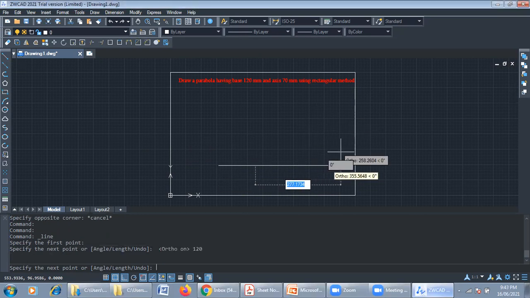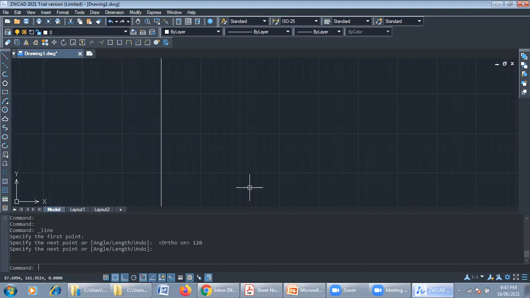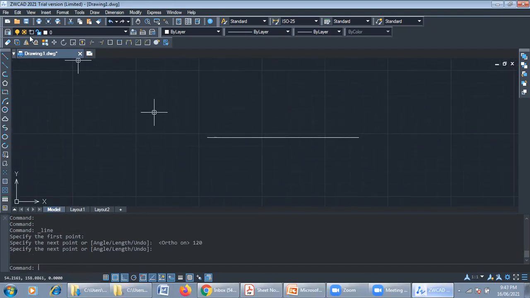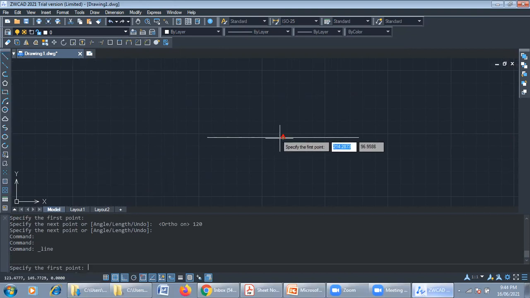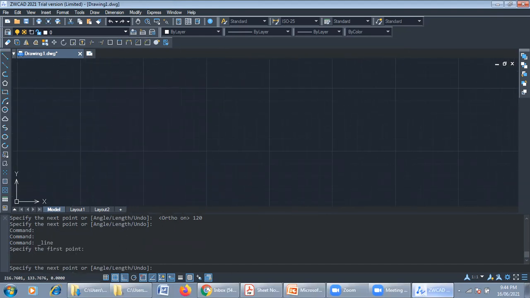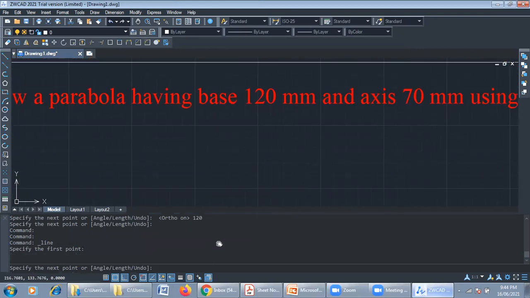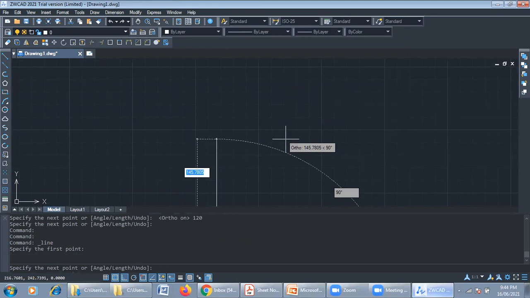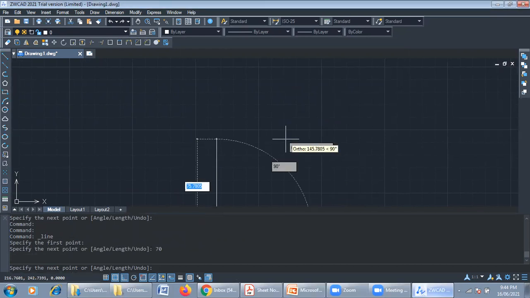Then what is the other dimension which is given in our drawing? Another dimension is the axis height. The right triangle indicates the midpoint of the base. So I will consider this as the axis. The axis given in this problem is 70 mm. So I will be drawing by entering 70 mm, and it will end exactly at 70 mm.